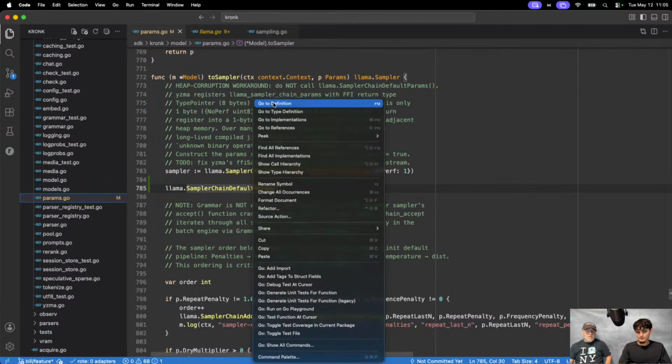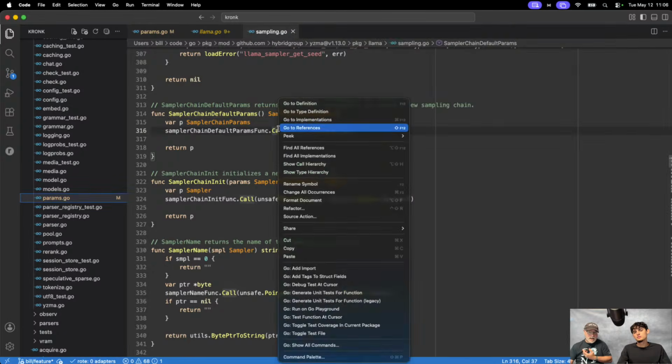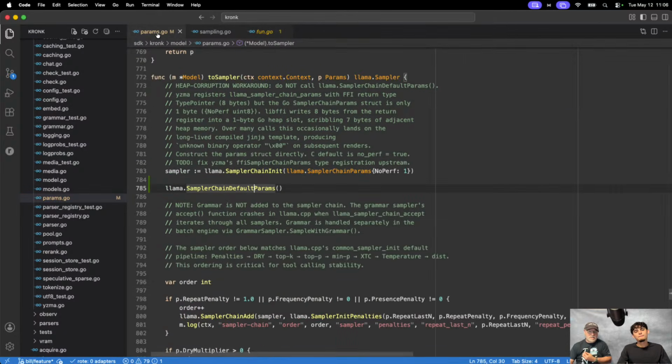When we look at this here, the sampler chain commands, you see this struct. What's the size of this field? It's a uint8, which is essentially 1 byte. It's not 2 bytes. It's essentially a bool. He's using uint8 to represent a bool here. This is 1 byte of data that he's passing, and he's passing the address of it because the Llama APIs are going to write to this 1 byte of data.